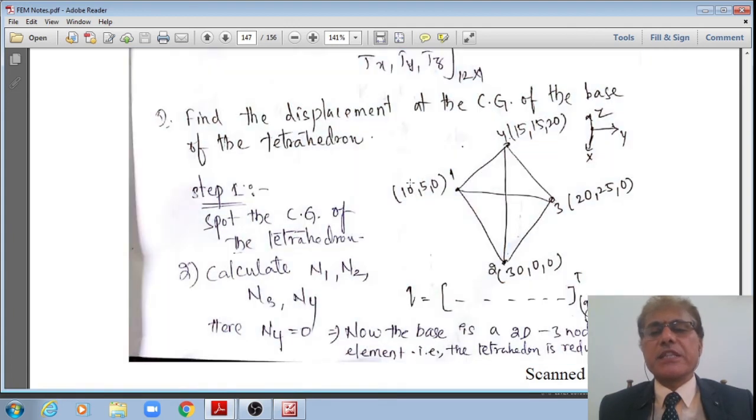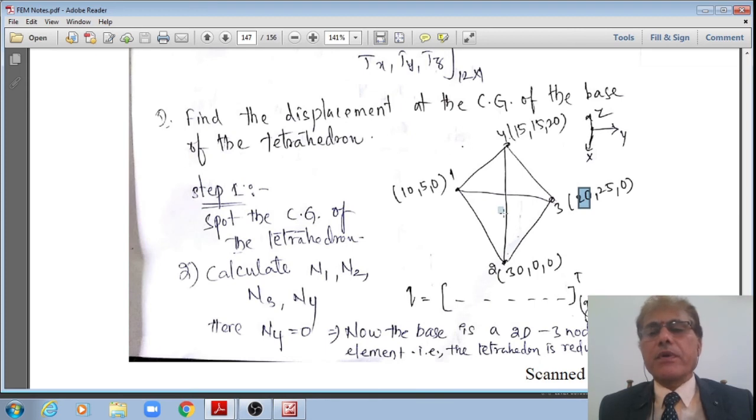The displacement of the cg is nothing but n1 multiplied by x1, n2 multiplied by x2, n3 multiplied by x3. Therefore 10 multiplied by 1 by 3, 30 multiplied by 1 by 3, 20 multiplied by 1 by 3, means 30 plus 30, 60 divided by 3